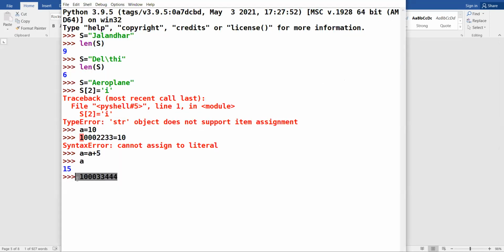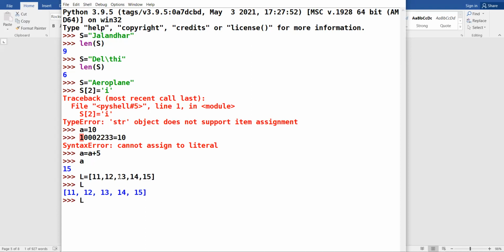Is Python window visible, class? I am taking one variable L. How to create list? Equal to square bracket, pass any values. I am passing these values separated by a comma, enclosed in square bracket. See, this is list.